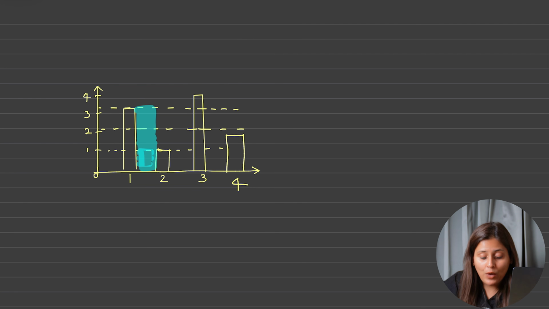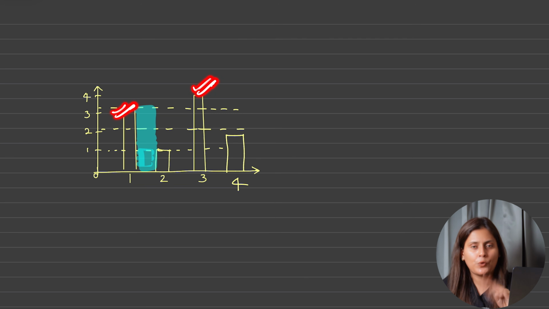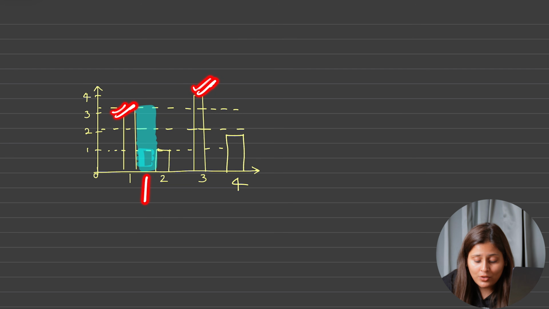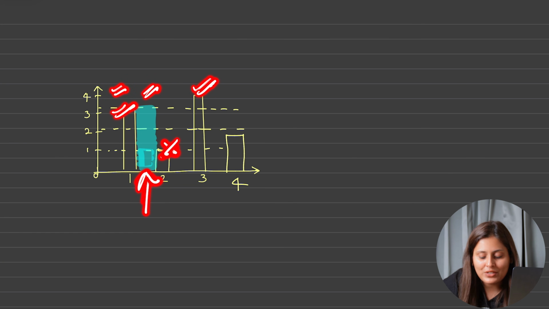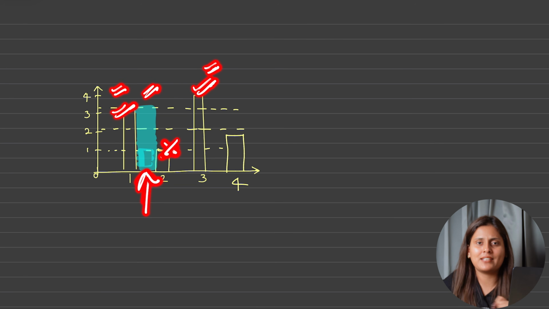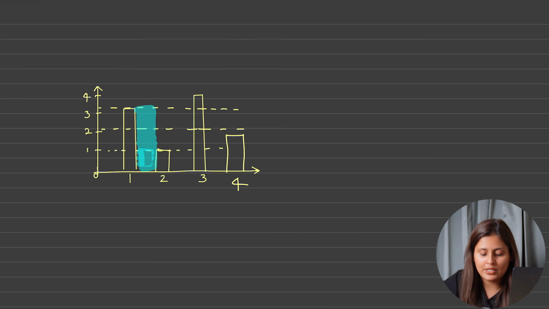Let's see. You have the maximum leftmost height 3 and the maximum rightmost height 4. So I want to calculate how much water this index can store, and you just saw the water height here is more than this 2. So hence we have nothing to do with 2 for this index position. Okay, so what we want is the minimum height of the left max height or right max height. So what is the minimum height between this 3 and 4?